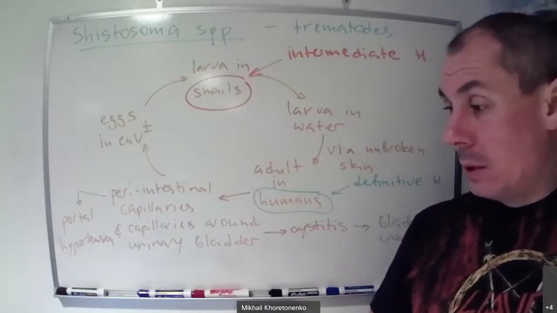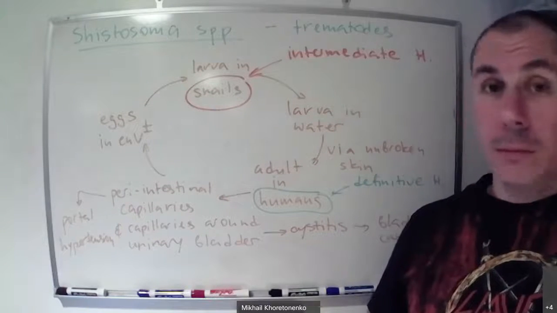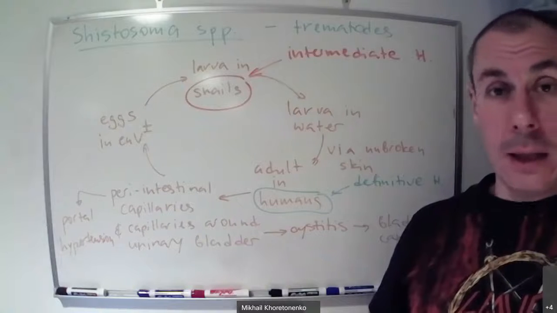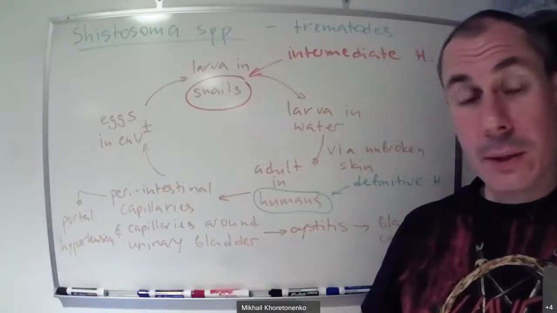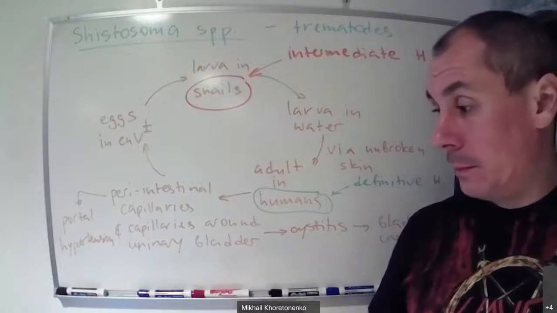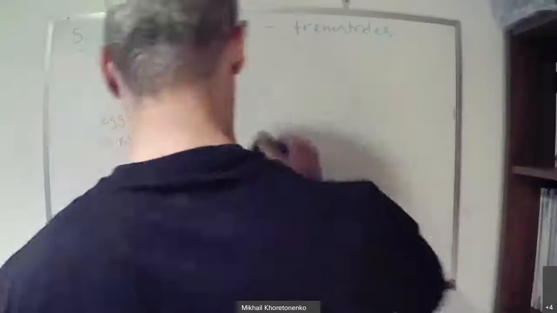Does that make sense? So basically, if you're in Africa and you're swimming in the lake, if you get on the shore and are not eaten by crocodiles, dry yourself with a towel to avoid schistosomiasis. We're good so far? Questions? No? Okay. Let's move on to another trematode,